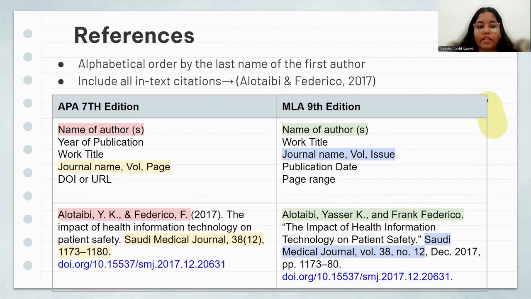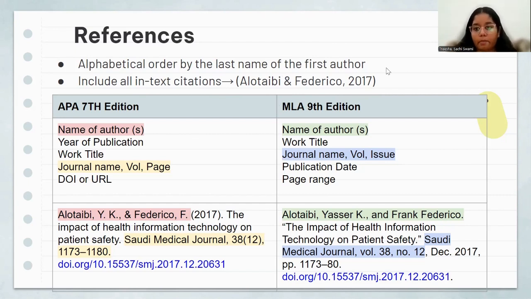So there's in-text citation, which is put in parenthesis, and it's basically where you write the last name of the author with the year of publication. So this is in the text. You put them in the text, and in the references section, which comes after the conclusion, you put the references,